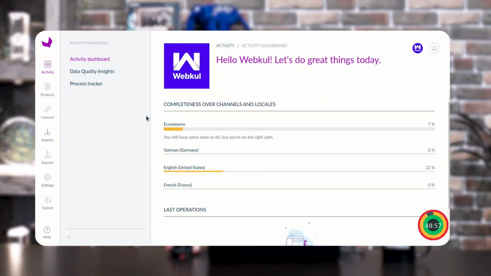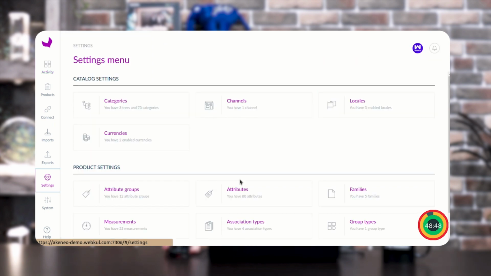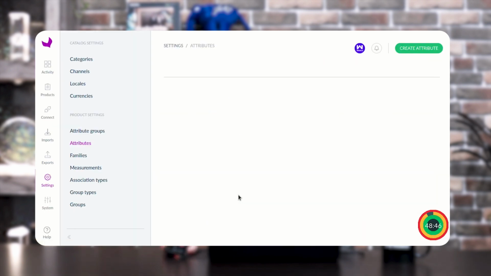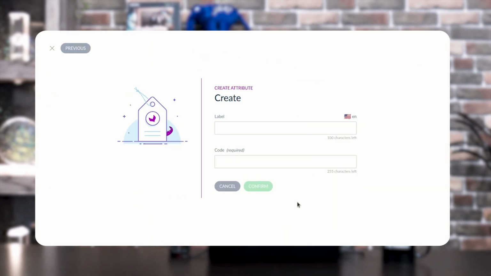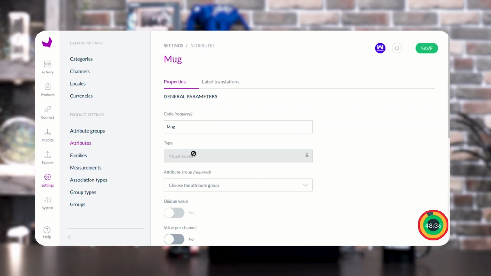So here I am going to show you how you can create the variants and what the steps are to do so. As you can see in the left navigation, there is an option of settings. You just need to tap over there, and here you just need to create an attribute again. Here I am creating an attribute. After that you just need to tap over the confirm option.